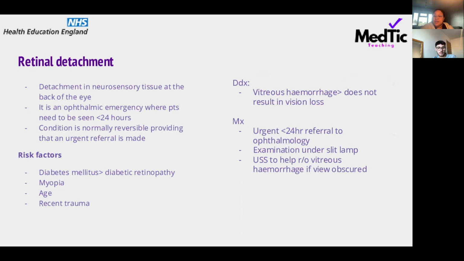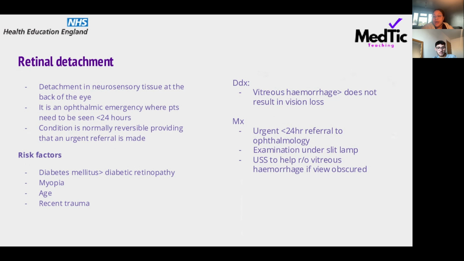So some of the risk factors are as follows. Diabetes, just because you're at increased risk of developing diabetic retinopathy, myopia, so short-sightedness, age, and trauma is another one as well. So, close contact sports, or patients getting into fist fights. I touched briefly on some differentials to consider as well. So again,